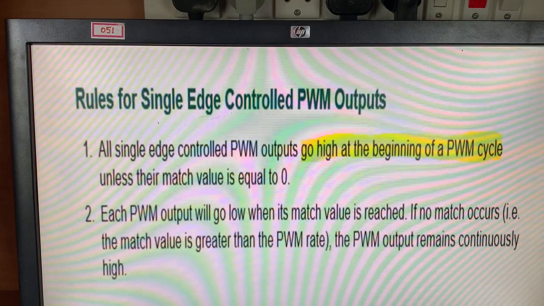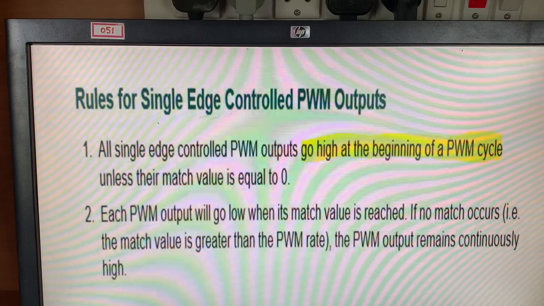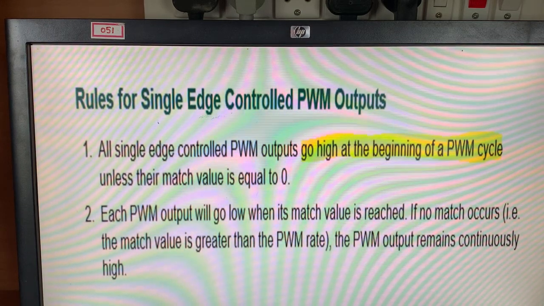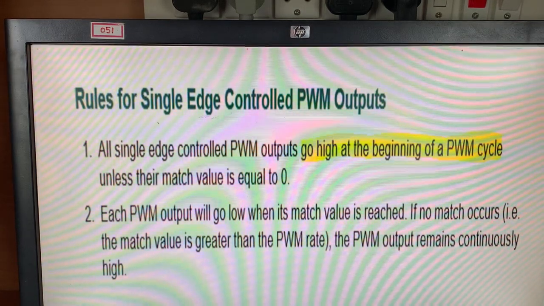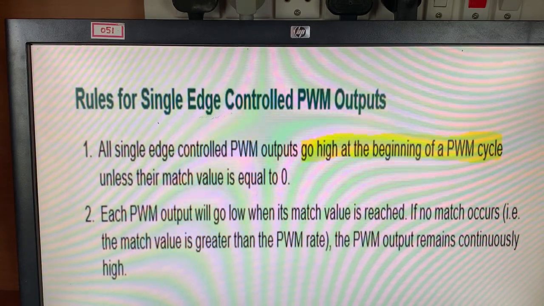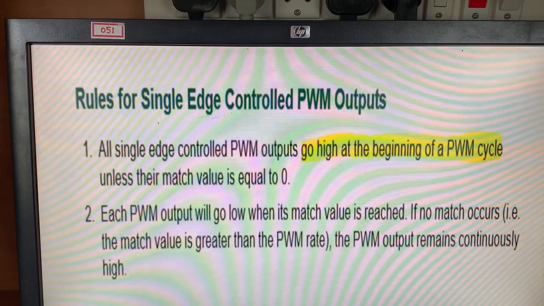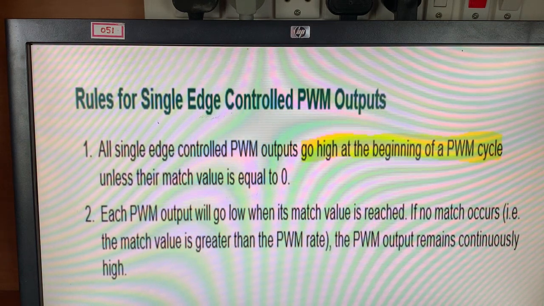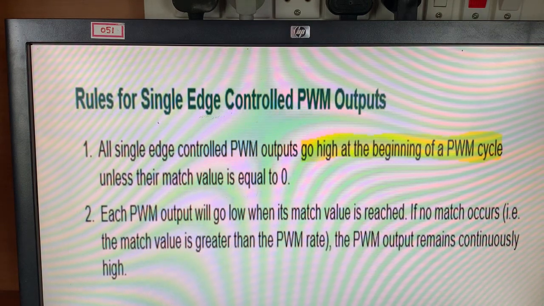Two rules are given for single edge controlled pulse width modulation output. All single edge controlled pulse width outputs go high at the beginning of the pulse width modulation cycle unless their match value is equal to 0. This is the first rule we have to follow in single edge controlled pulse width modulation.